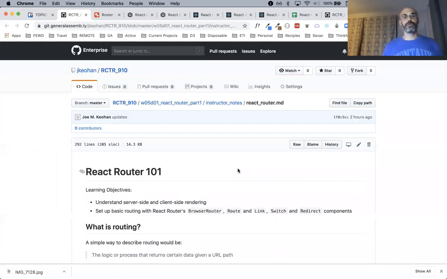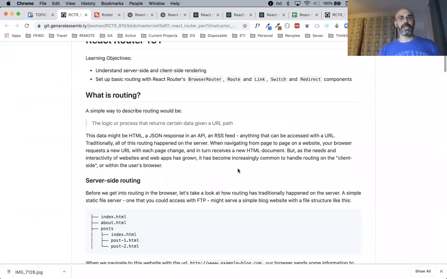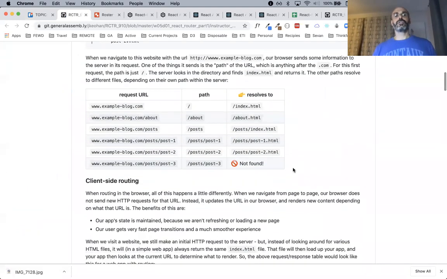I did have some lecture notes. Once again, I'm not big into going meticulously through the lecture notes, but I just wanted you to see, when it comes to routes, routes are going to take you to different paths, and each path is an access to a resource on the server. That's really what it is.